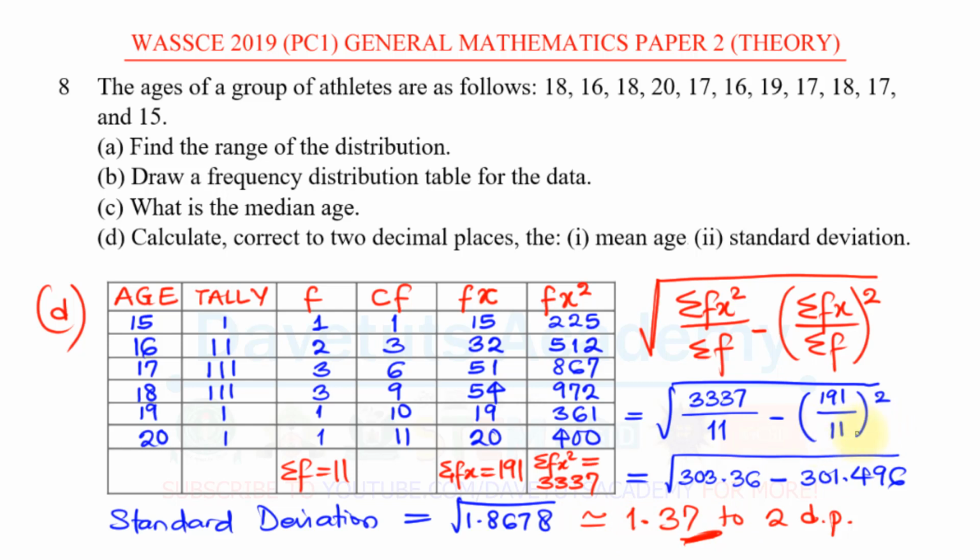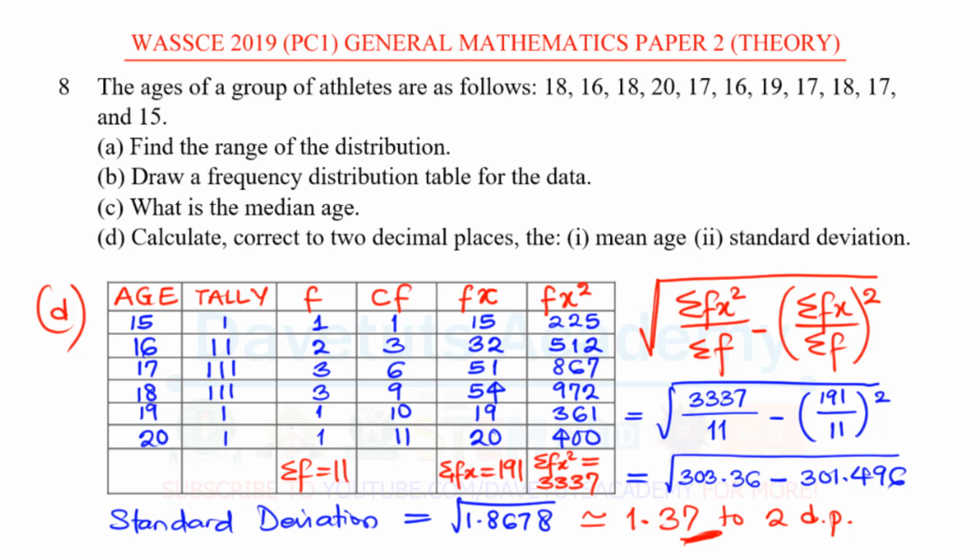If you are not careful about the approximation in your calculation, you will not get this exact figure. So whenever you are using your calculator, just be careful that you use the right approximation. Only approximate your answer when you get your final answer. Don't approximate during the course of calculation, and with that you can get your full mark. So we have solved all this question using the frequency distribution table to find the median, the mean, and the